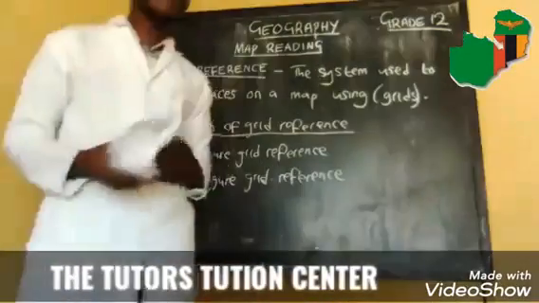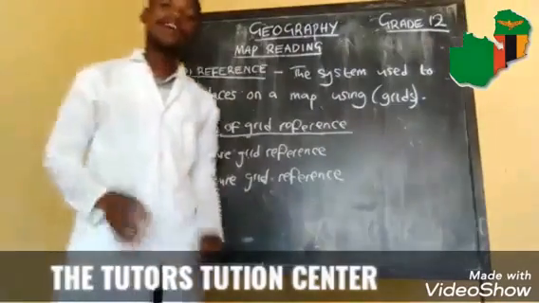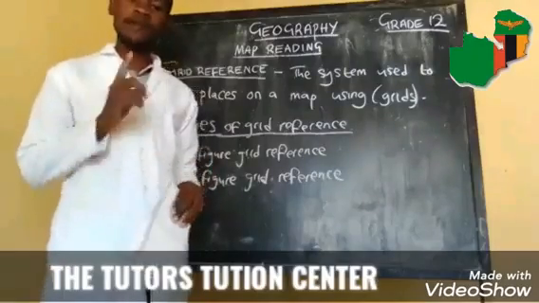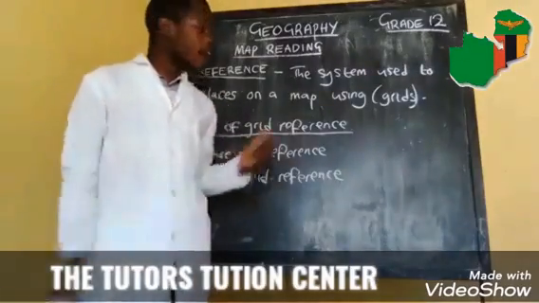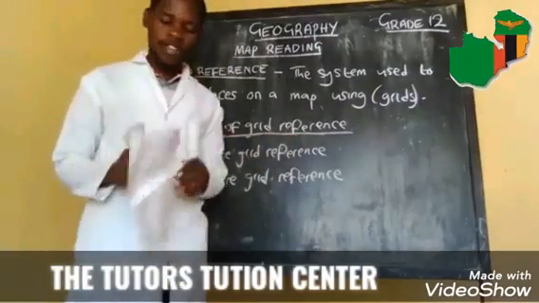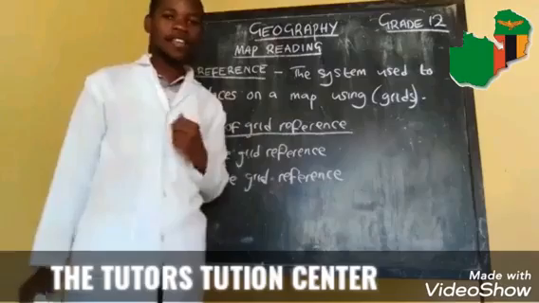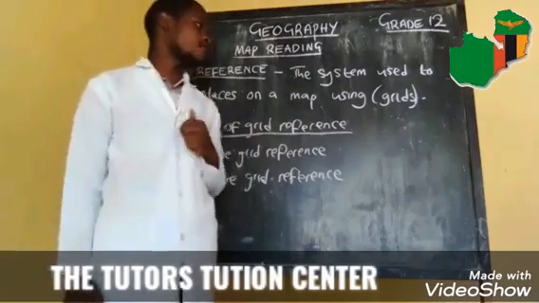This topic is very vital in a sense that every year, the first 12 questions during the final examination, paper 1, are based on a map reading. You can't answer these first 12 questions in a geography paper 1 if you have never learned about this topic which is called grid reference.